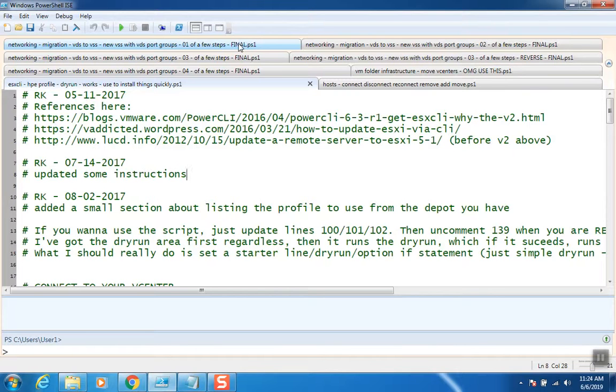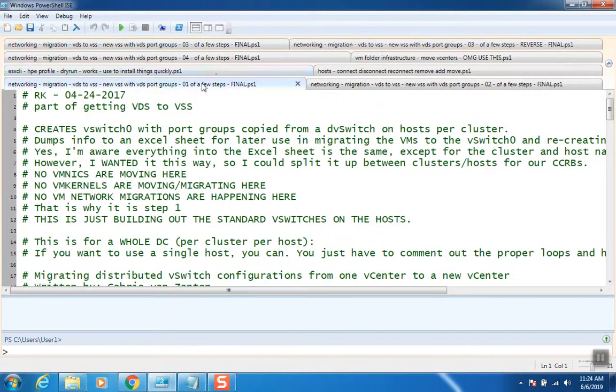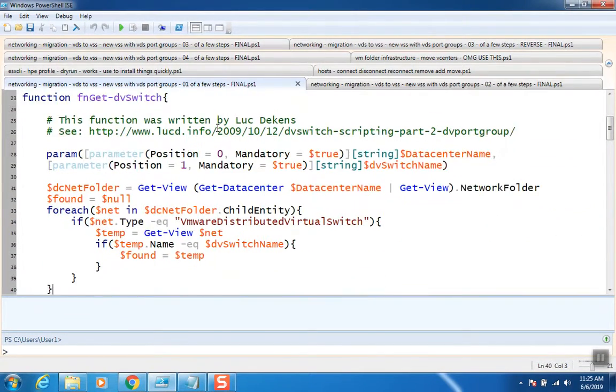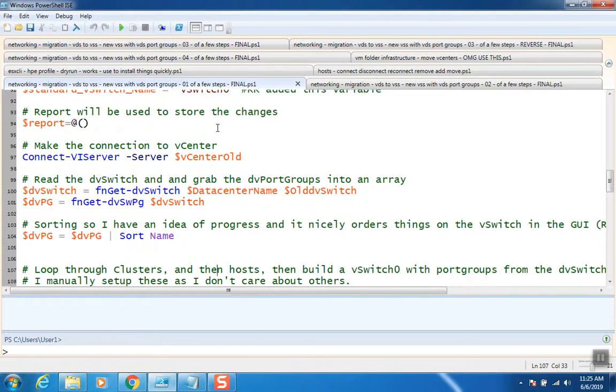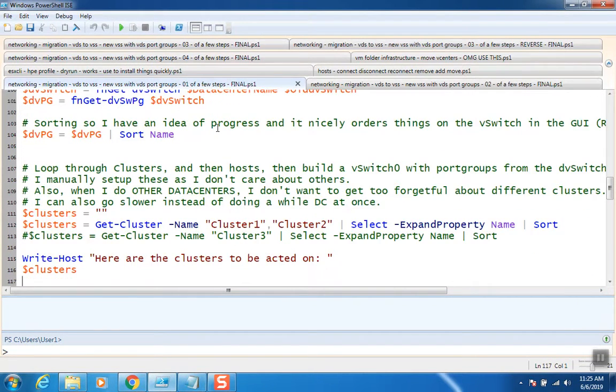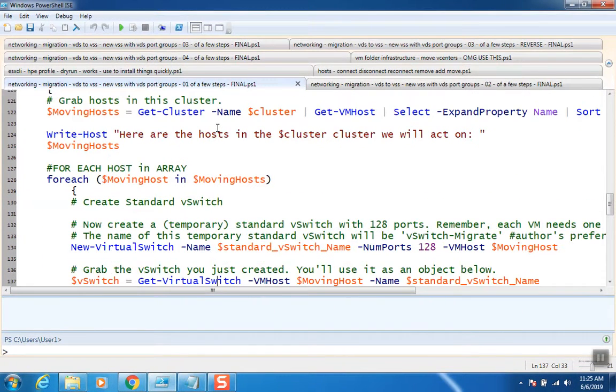So the way that we do it is the same way that I just told you. We do the port groups that are on the DV switches, we create port groups on empty blank standard switches. PowerCLI it all, and this is the script that does that. It goes through VM by VM, not network by network, because it's a little scary when you actually do this in prod. You can fill in your variables, you can get which switch is the old switch, which switch is the new switch, which cluster you want, dump them all into an array,